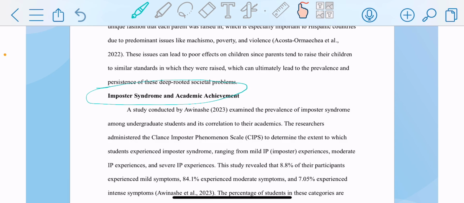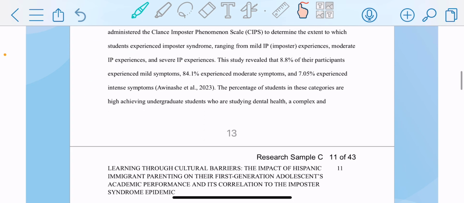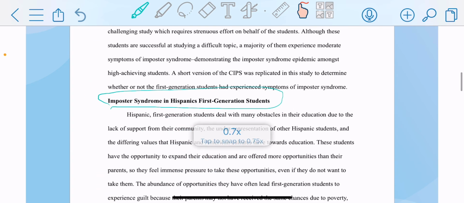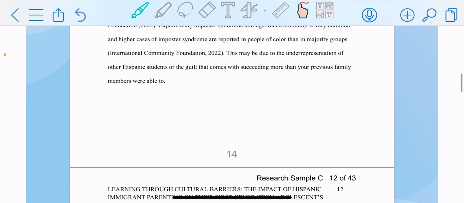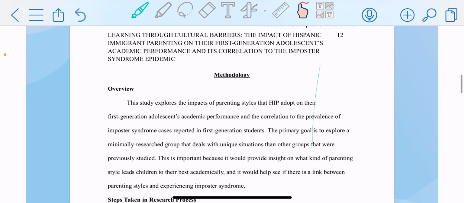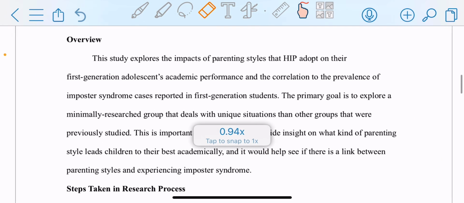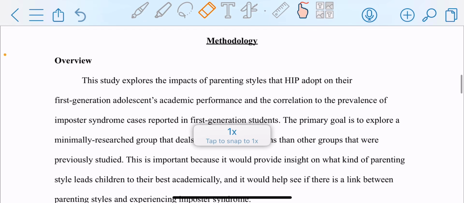And then she says, imposter syndrome and academic achievement. This is another perspective that she has to highlight. And then she says, imposter syndrome in Hispanics, first generation students. So I hope you can see the connection she's trying to make. Or actually he, I don't know if this student is a boy or a girl, but nevertheless,